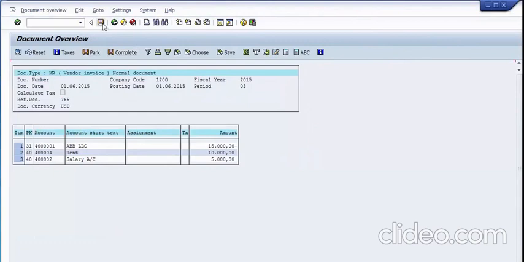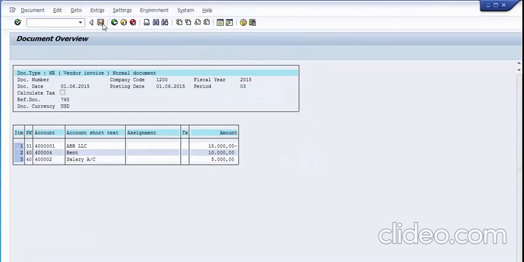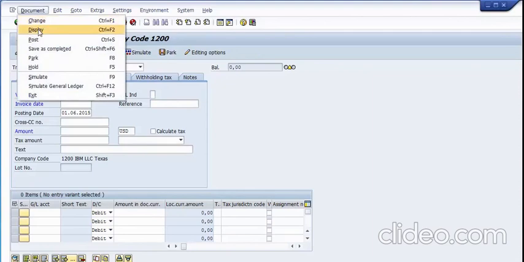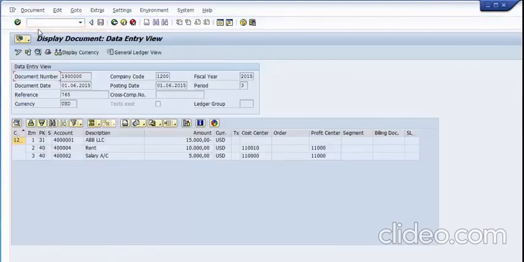Now clicking on the post option, you can see the document has been posted, as on the screen. Now let's have a look at how this particular document has been reflected. So let's display the document which has been posted. You can see on the screen. Now over here you can have a look that this is again the entry view of the document, where there is a vendor. This vendor account number over here